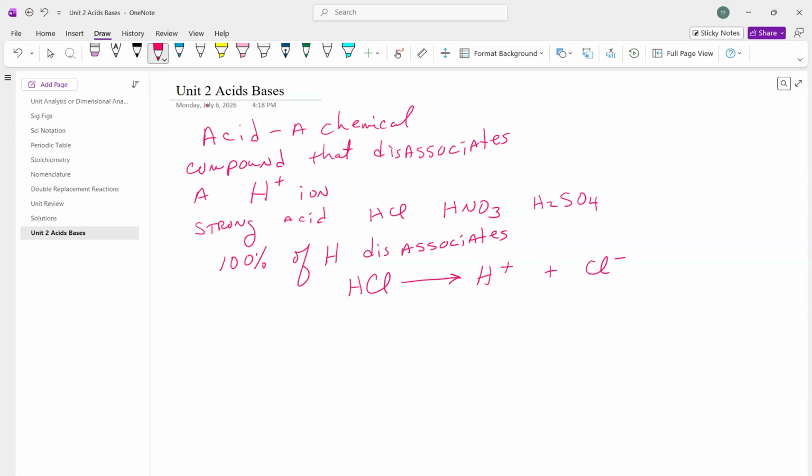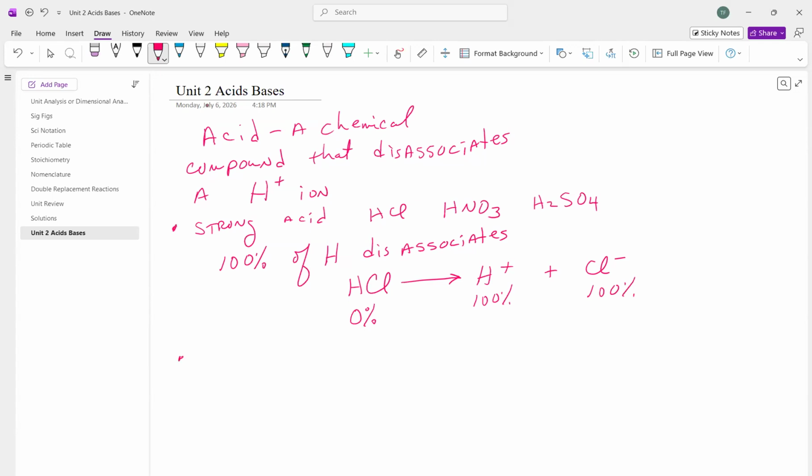There is no HCl present as a molecule because it's totally 100% broken up into these ions. Okay, so strong acid,